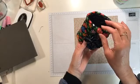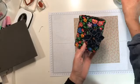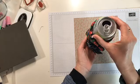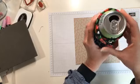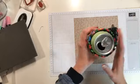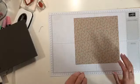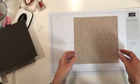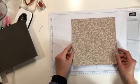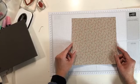She has a shabby chic primitives booth in one of the local antique stores around. And she's calling them Susie's Koozies. Aren't they cute? Anyways, for those of you who think koozies are not cool, you haven't met Susan's. These are just adorable, and I love them to death. So she's going to start selling those, and I'm sure they're going to be a huge hit. I absolutely think they're wonderful. And they fit my diet ginger ale, so that's fantastic. And they also fit my to-go coffee cup, so maybe I won't have to warm it in the microwave so